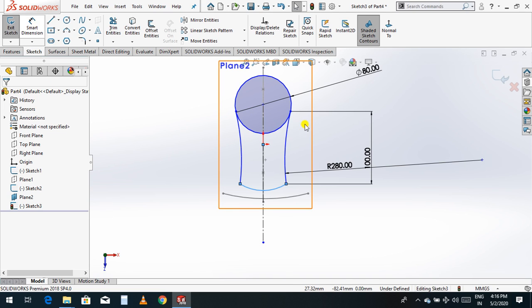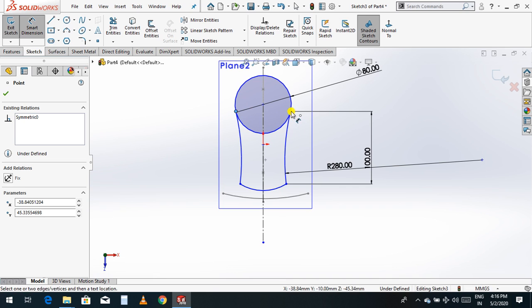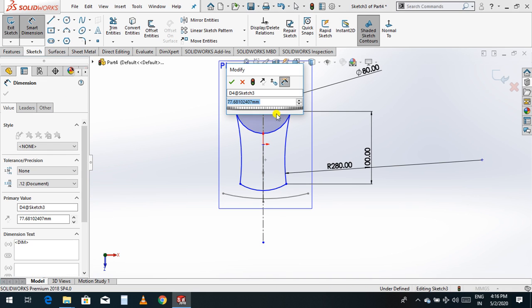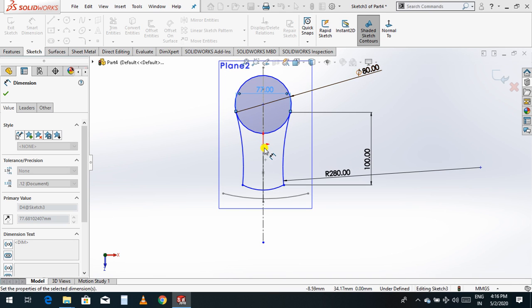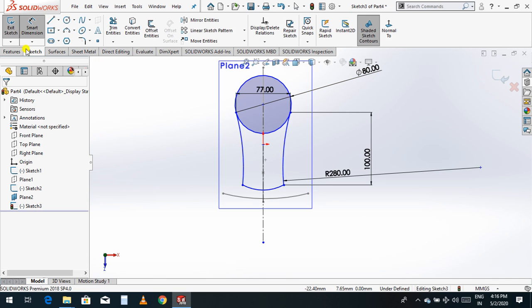Now again you take the dimension, click from this point to this point, 77 mm. Click OK.